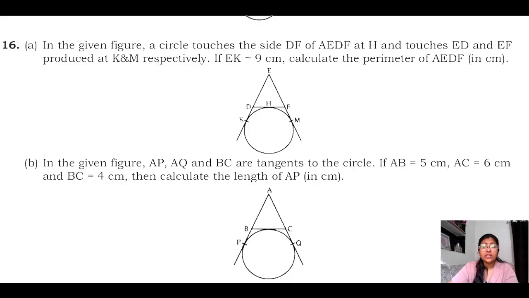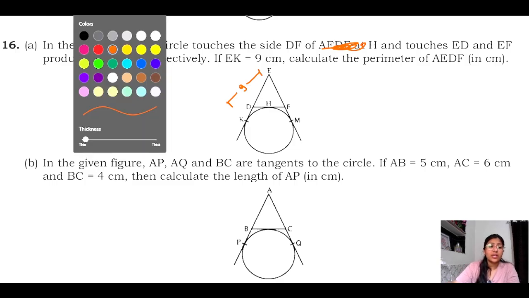In the given figure, a circle touches the side DF. See the figure. EK is given as 9. The total length is given as 9. We need to find the perimeter. Perimeter means the sum of all the sides. Since it is a 1.5 mark question,